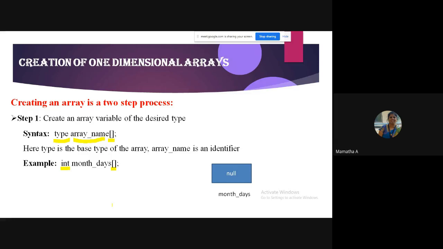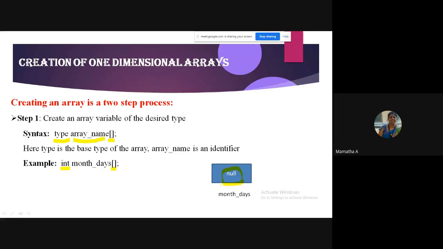It is not holding the entire array elements. It is just a variable which holds a value called null. Remember, it is null. So no memory allocation is made for the array elements.